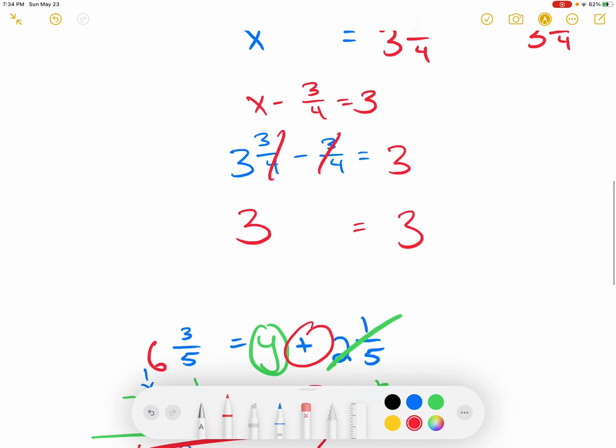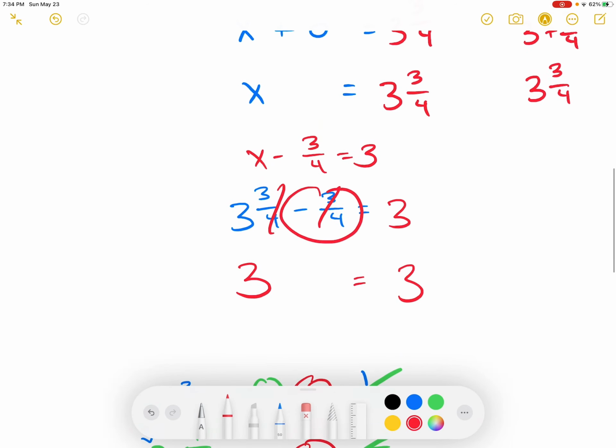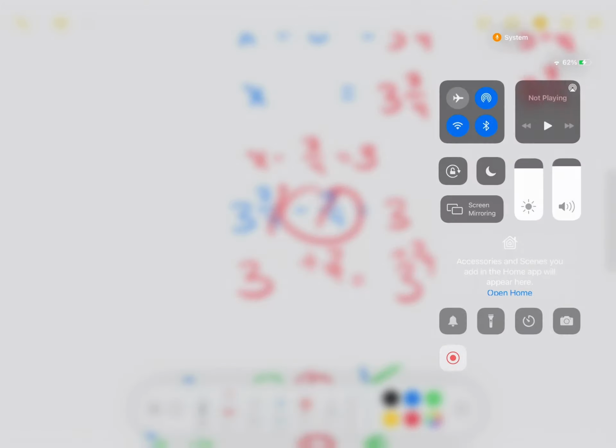So if you have addition, use subtraction. And if you have subtraction, remove it by